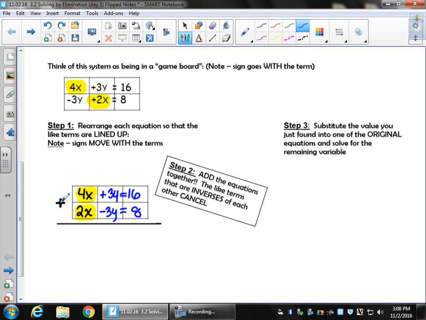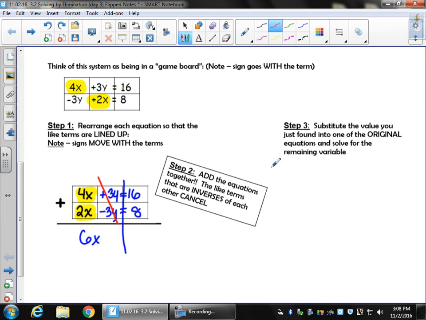So notice we've put a plus sign in this line. Put a line down your equal sign, please. 4x plus 2x, I can do that. These are like terms. Positive 3y plus a negative 3y. Those will cancel